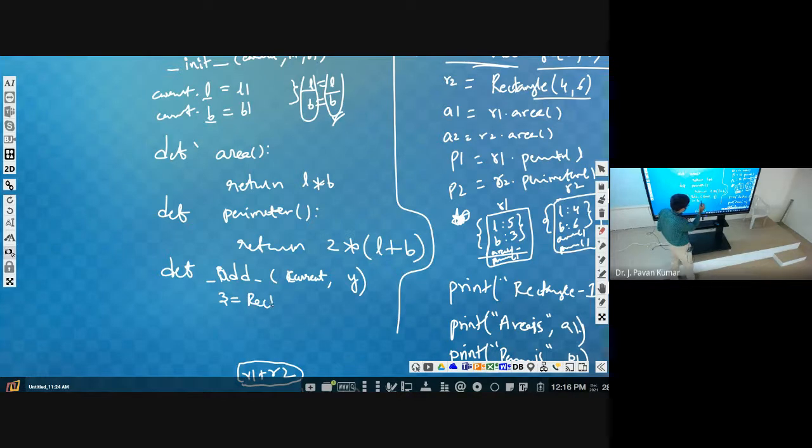Rectangle of two values we have to provide, right? Where will we get those two values from? Current dot L plus Y dot L. Similarly, current dot B plus Y dot B. Then we get two values, and we supply those two values to Rectangle, which we return. Understand? So just consider that.